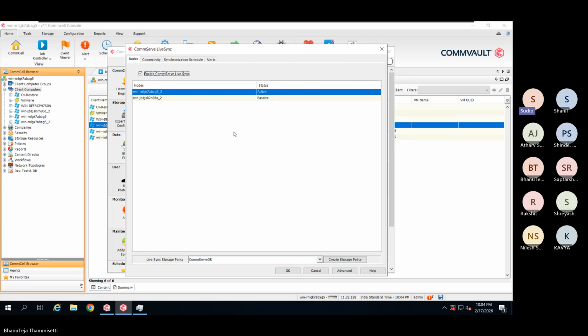Second, we have installed the ComServe and the ComServe failover component on the standby ComServe. And we made sure that the network connectivity is also there between these two machines over specific ports. During the installation of the failover ComServe on the standby machine, it asked us for details of the primary ComServe. We entered those details, which is the host name or the IP address, and we gave the admin credentials as well,